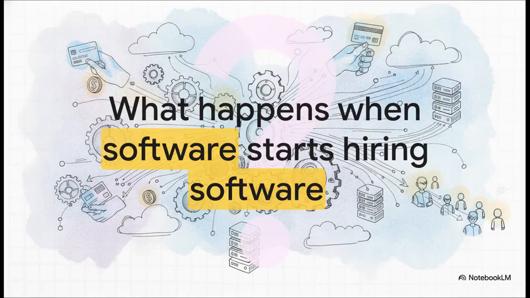Okay, let's dive into this with a pretty sticky question. What actually happens when your software starts hiring other software? I mean, it sounds a bit like sci-fi, right? But as I started building out my own local AI environment, it hit me. Connecting an AI to my local files is just step one. Step two is when that AI realizes it needs a tool, a service, or some extra compute power, and it just goes out and procures it autonomously. We are rapidly shifting from an internet of human consumers to an internet of machine agents.